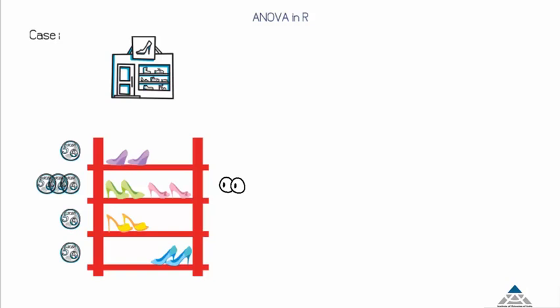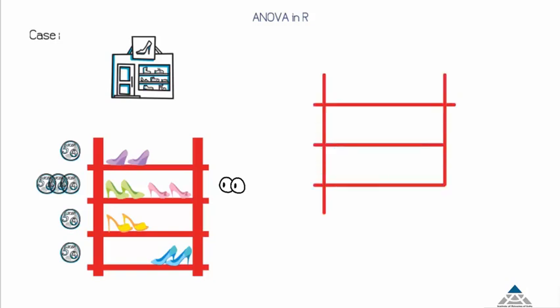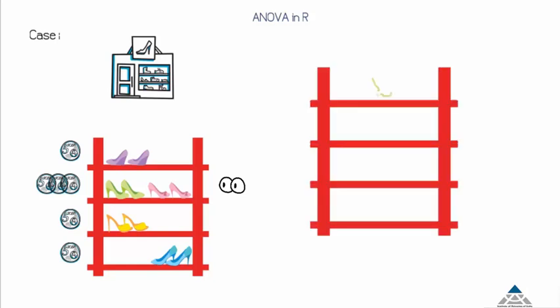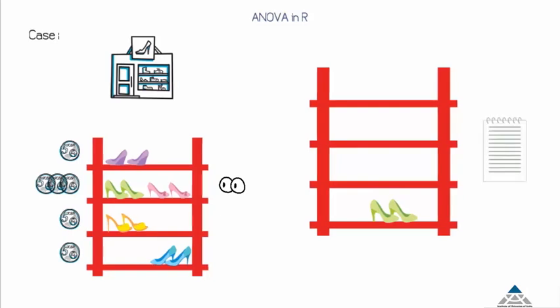To ensure that no other factor affects this test, the owner designs an experiment. He takes a type of shoe and keeps it on the first shelf for 20 days, then shifts it to the second one for the same number of days, then the third shelf, and finally to the fourth shelf for another 20 days. While it is on the different shelves, he records the sales of those shoes from each period to collect a sizable sample for all the shelves. Now, the only thing that would have affected the sale of the shoes between those days would be the shelf on which it was.